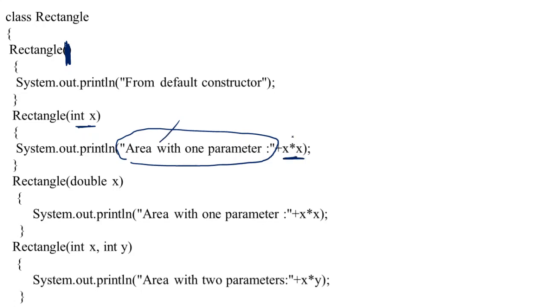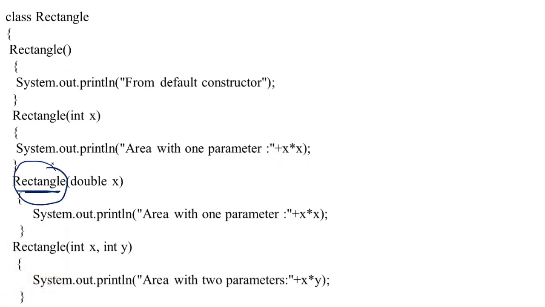What am I doing? x star x. If I pass number 2, x star x means 2 into 2, 4. It will display area with one parameter, 4. Whichever number I pass here, that number will be squared. It will get multiplied twice, and that result will be appended to this area with one parameter message. Again, I am